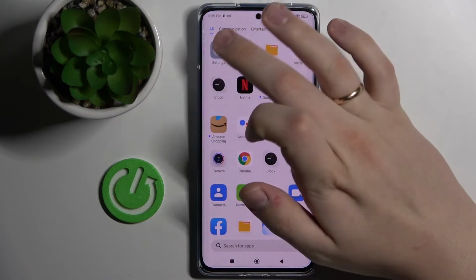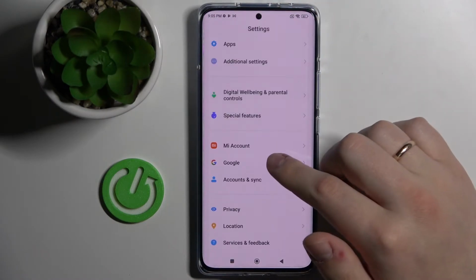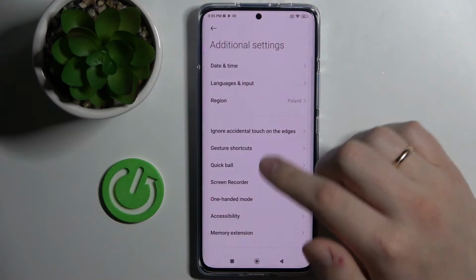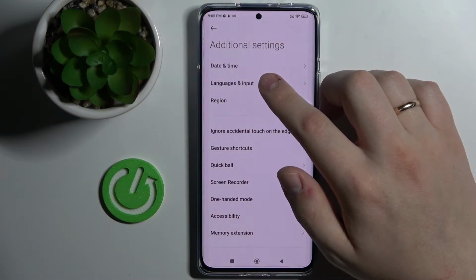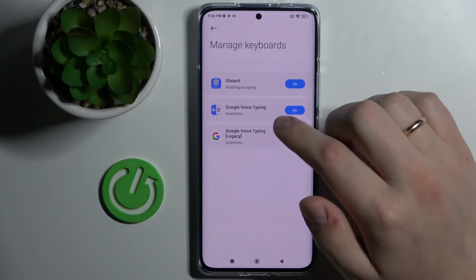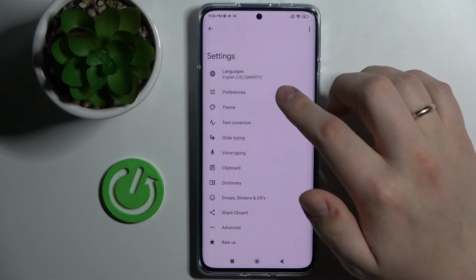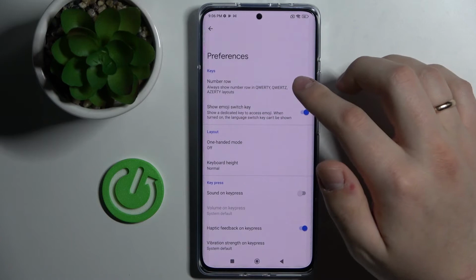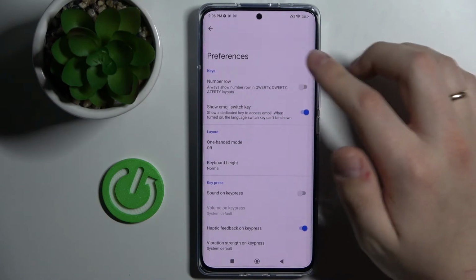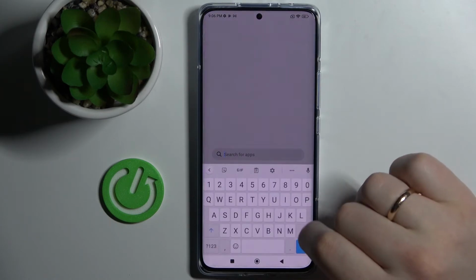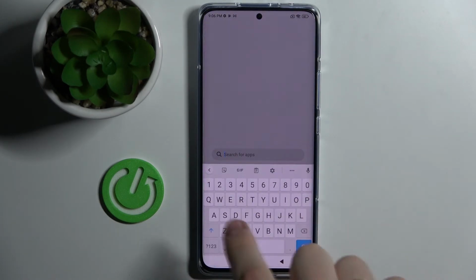So first of all, you need to open up settings. Here look for the additional settings, languages and input. Here just go for the manage keyboard, press on Gboard, choose preferences, and here just enable this switch, what that stands for, the number row. And as you will see, the number row appears right on top of the characters on this